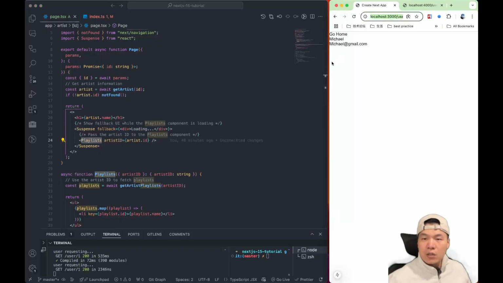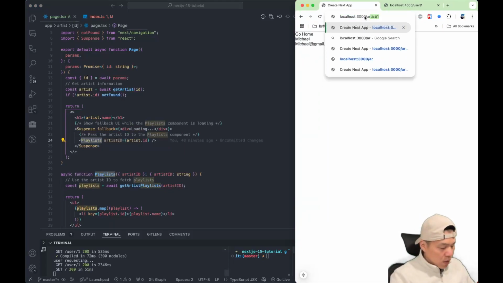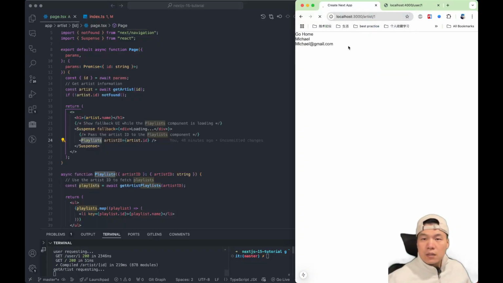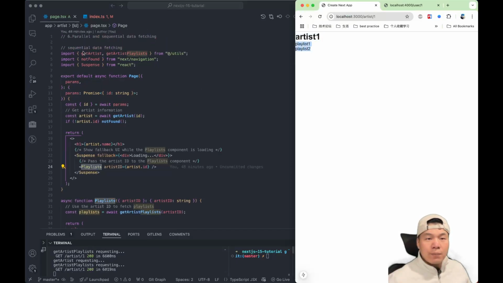Okay, let's take a look. I'm going to the artist page. So you can see we are on the artist page, and after another 3 seconds, it's gonna show the playlist. In the first 3 seconds, it's loading, and I get a result back, and after 3 seconds, that's gonna call like a